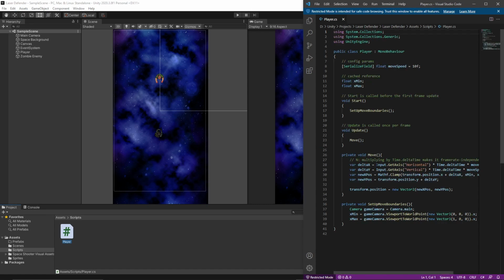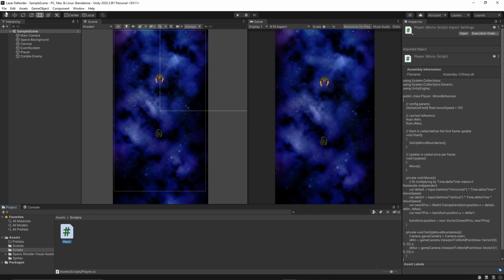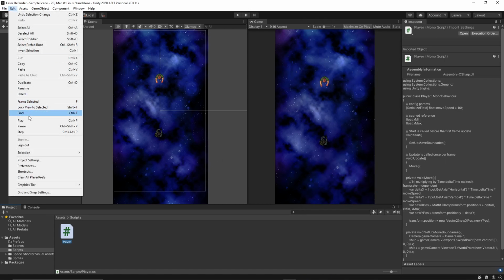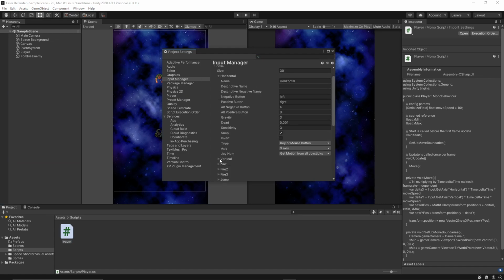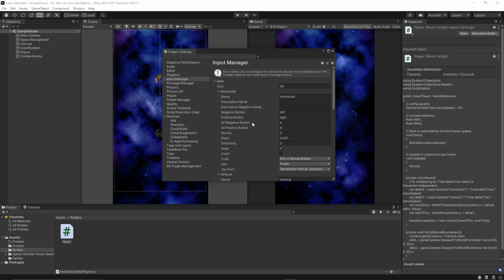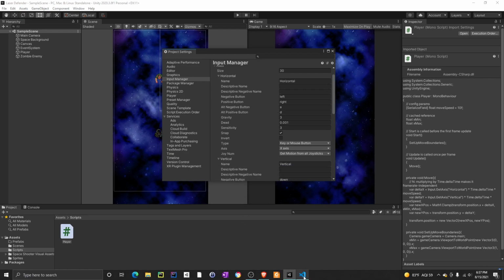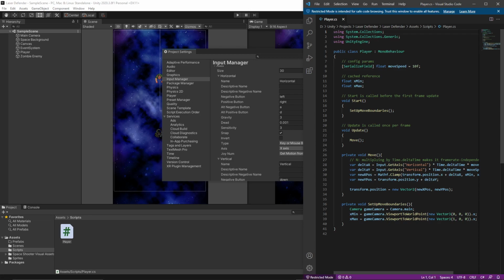using this method here, GetAxis, which gets the controls from the project's input manager, and basically it reads from these inputs, I think. Currently our game is listening to these, but we don't really use them until we do this. So this is when we start listening to the inputs of left, right, up, down, WASD, and we also